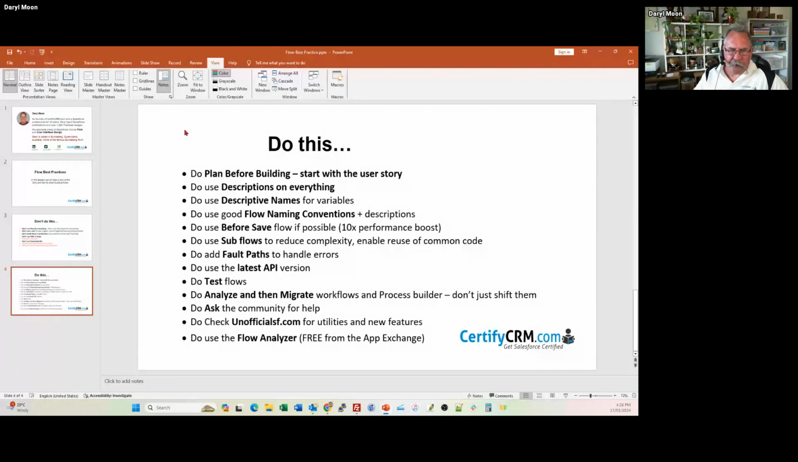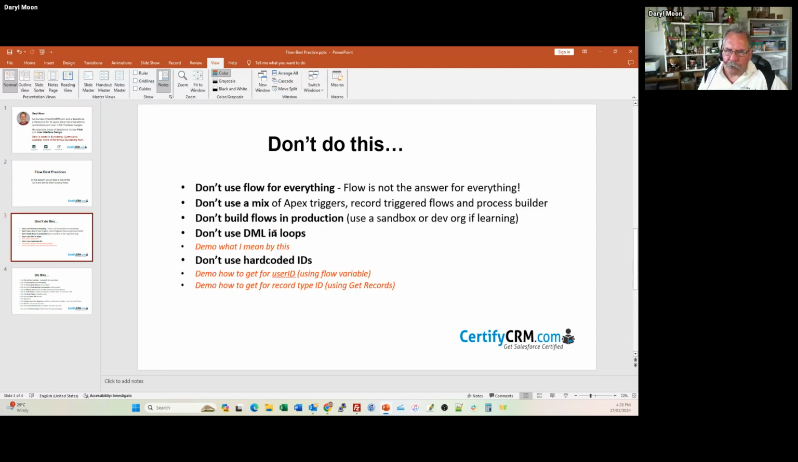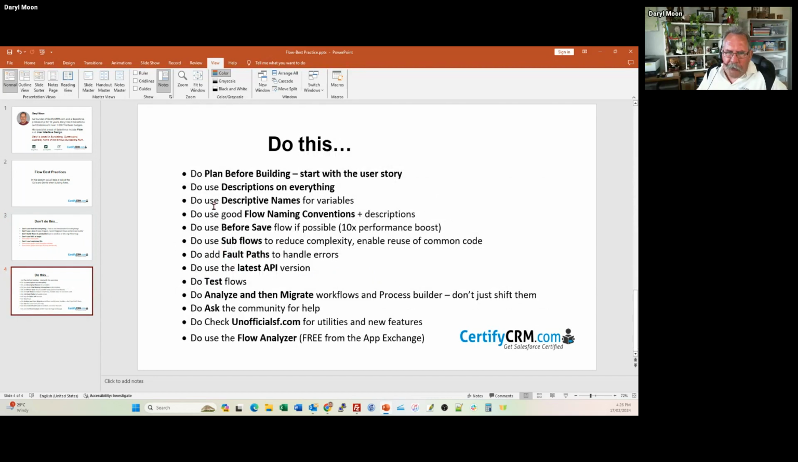Okay, so there's our do's and don'ts. Feel free to go back to the recording of this session if you want to do a bit of a brush up. But look, certainly the key things around these don'ts, if you don't use DML and loops, don't hard code IDs, right? And of course, don't build your flows in production, then you're in a good place. And then, of course, don't assume that flow's the answer for everything, and don't mix up your triggers and your flows. And then on the do's,